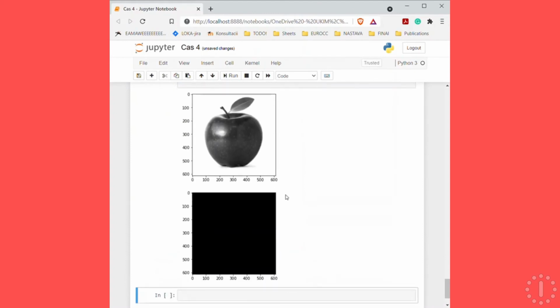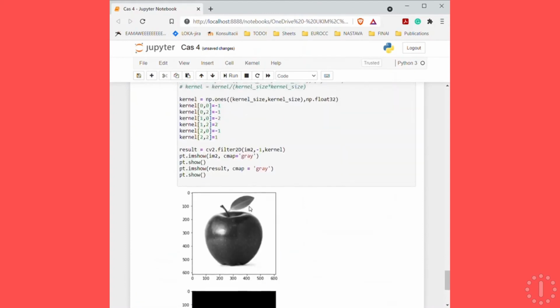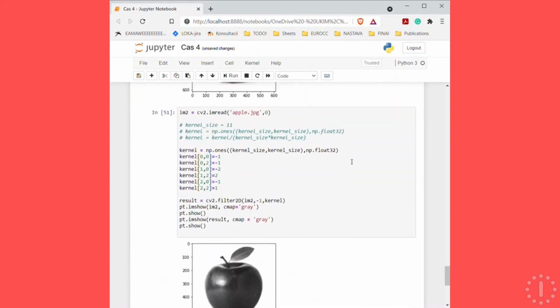And this is nice. I destroyed the image. Let me first invert it. I'm reading the image and